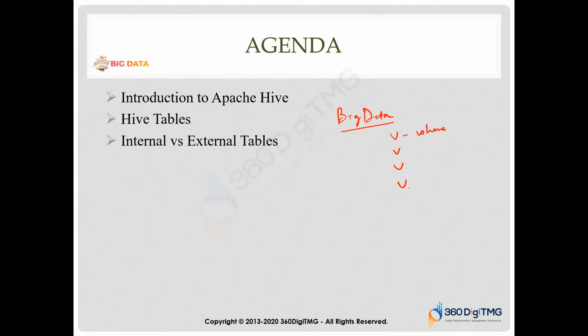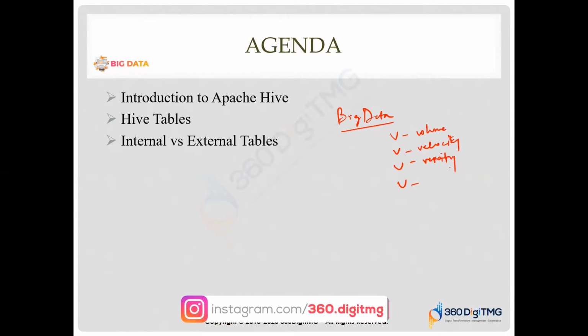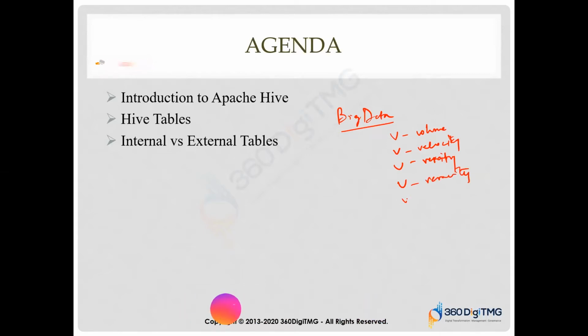It talks about volume, which is the size of the data set. Velocity, the speed at which the data is getting generated. Variety, the type of the data, whether it is structured, unstructured, or semi-structured. Then we have veracity. Of late people have started to add a fifth V as well, the value. But these three basically frame the crux of the definition of big data.